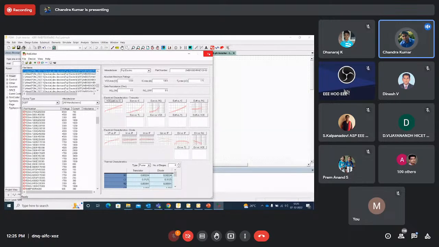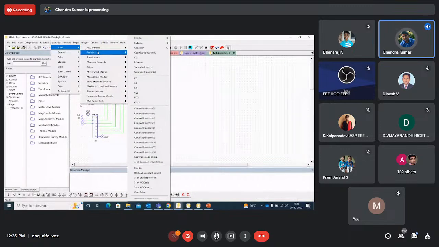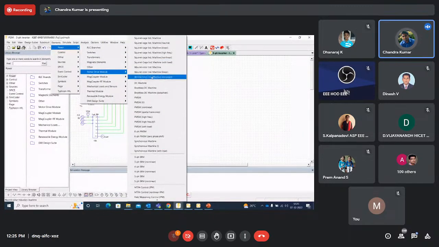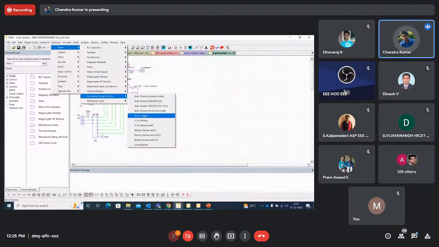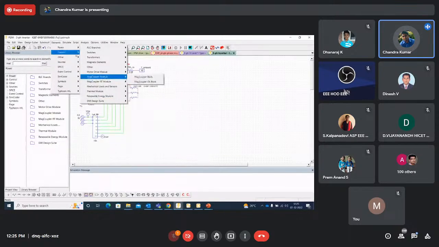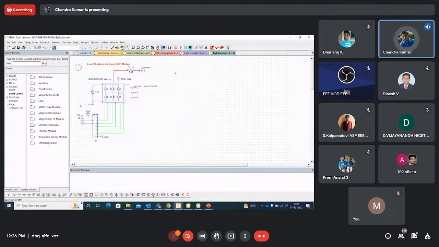On the technical front, this particular tool has lots and lots of scope to work on. It has a rich set of libraries like switching devices, transformers, AC modeling, motor drives. You have complete motors, renewable energy like solar and wind, and battery models. Thermal models with a database of diode, IGBT, inductors, and then you have controllers, co-simulation, HEV design space. Many things are there. You can use this tool effectively.